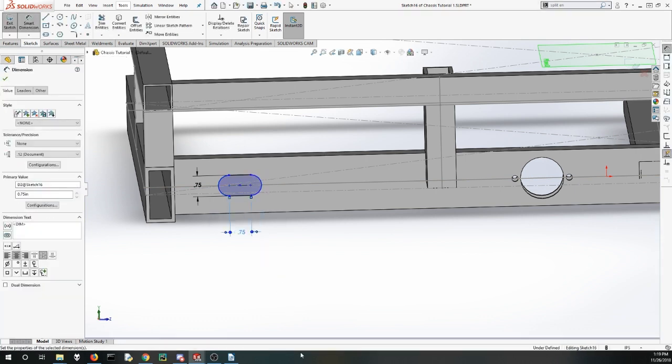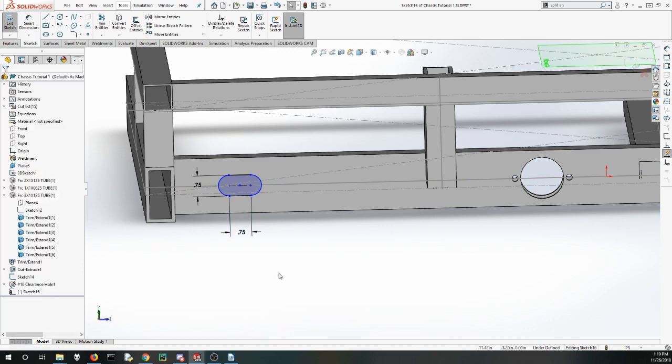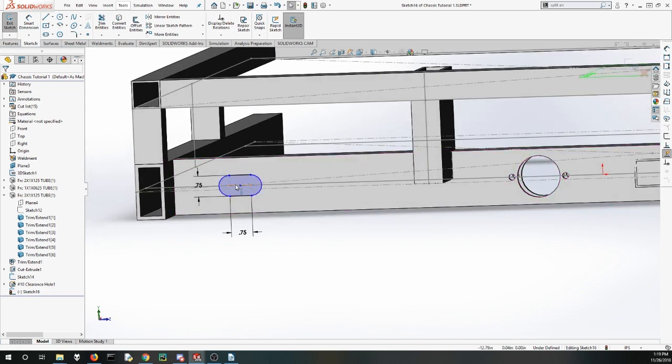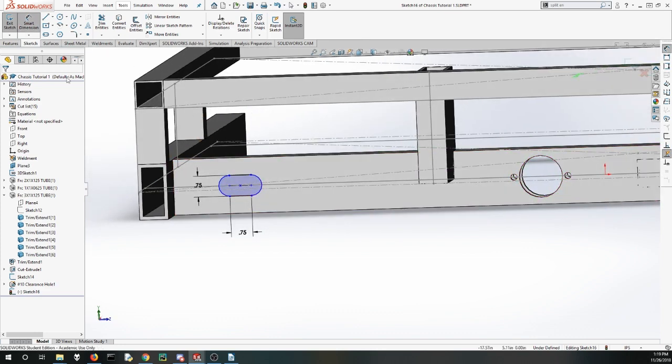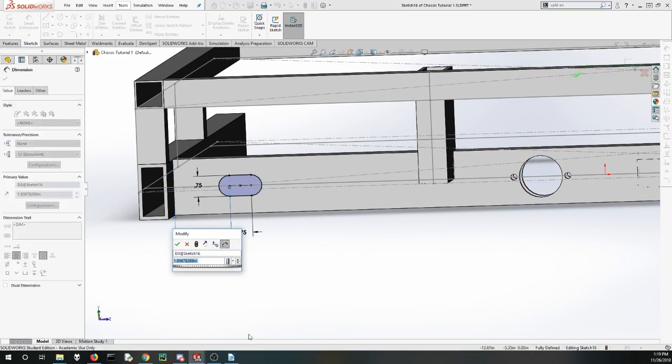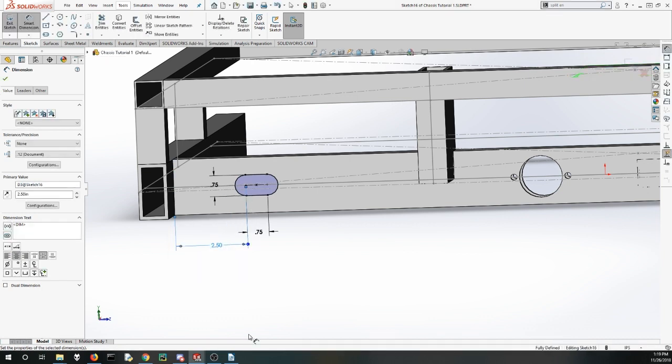We're going to allow 0.75 inches of sliding, and now we're going to set this, let's see, 2.5 inches